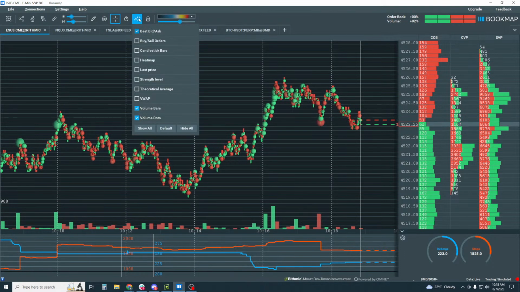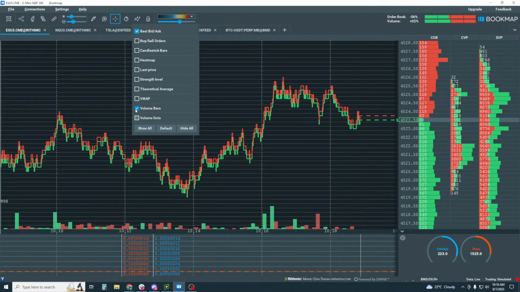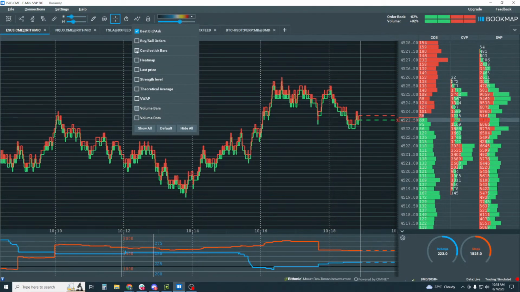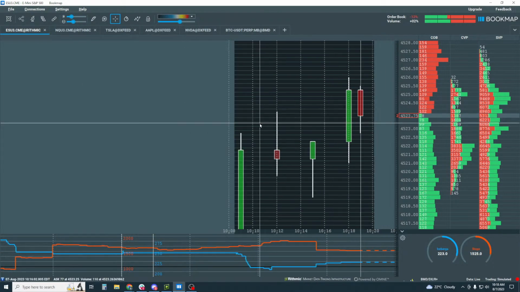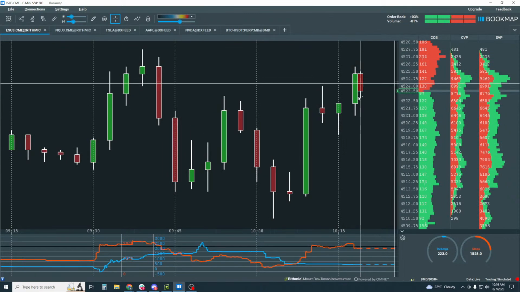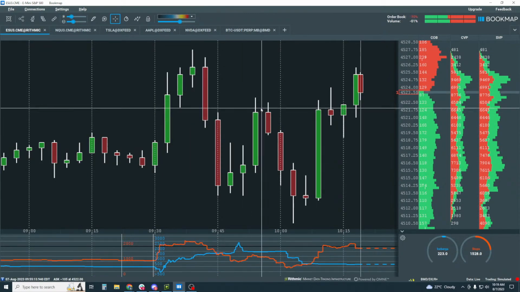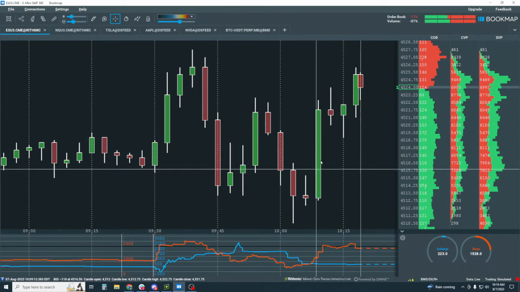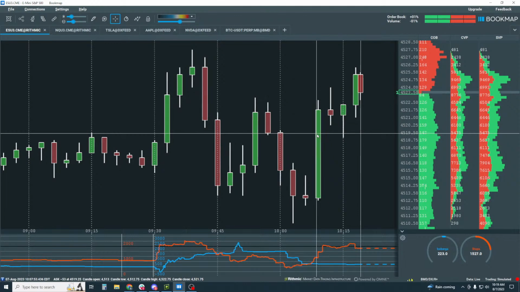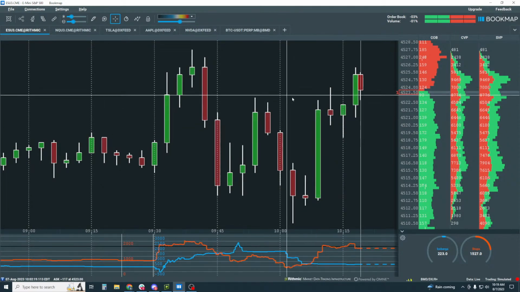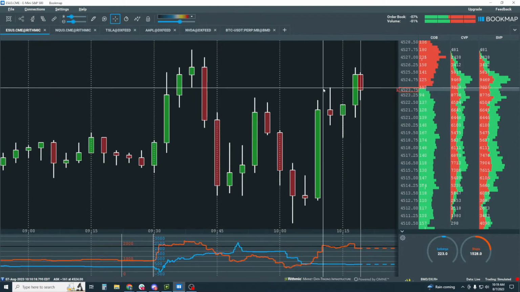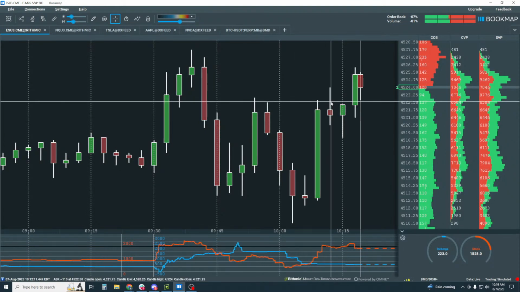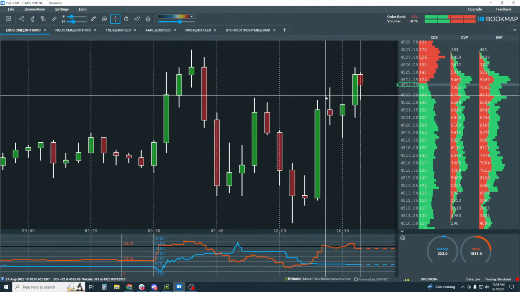And if you look at other charts, this is what you're going to be looking at most likely. You might be looking at some sort of bar data. And well, do you know where the volume took place? Do you know what the heat map looks like? Do you understand where the limit buy and sell orders are? Do you understand that context between them? And that's why we're here. Okay.